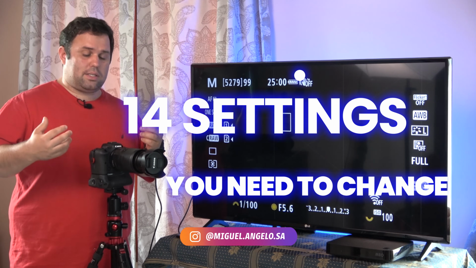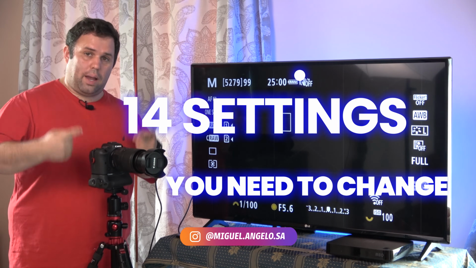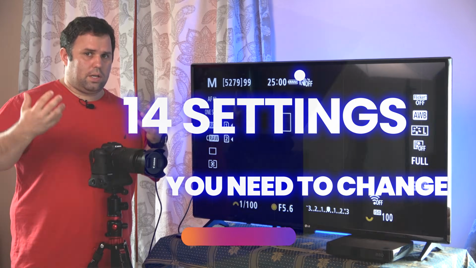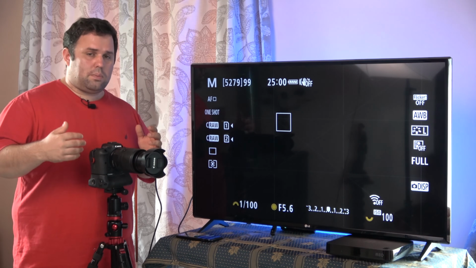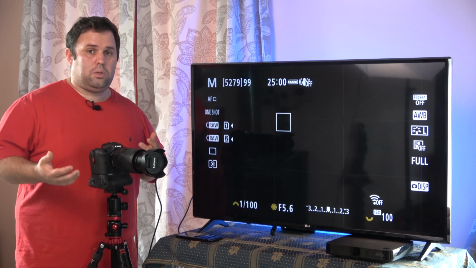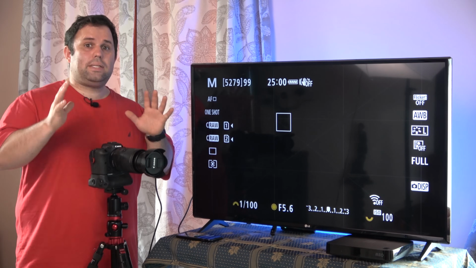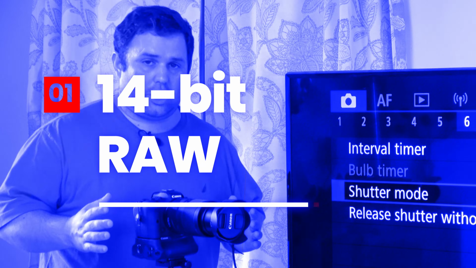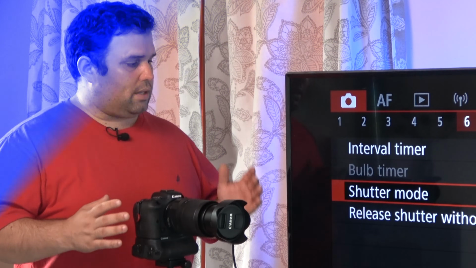14 settings that you need to change on your camera, especially mirrorless Canon cameras. We're going to go one by one. Some stuff you want to leave as default, but others you probably want to change, but they are very good to know. So the first setting that you need to change is the Shoot 6, the shutter mode,